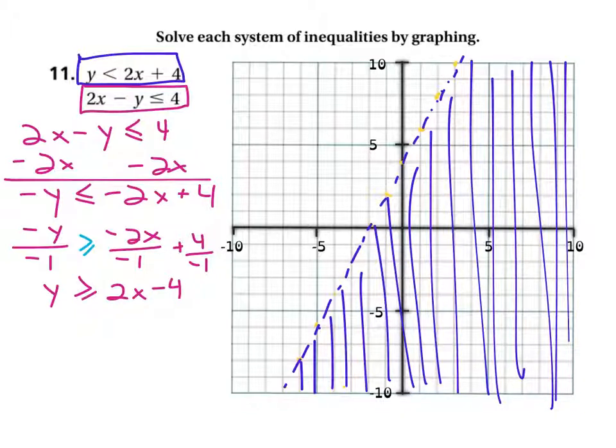So I'm going to use the yellow points again. And we're going to say, okay, where's the intercept? It's at -4 right there. And then from there we rise 2, run 1 right there. Rise 2, run 1. Rise 2, run 1. And you might notice that since these lines have the exact same slope,